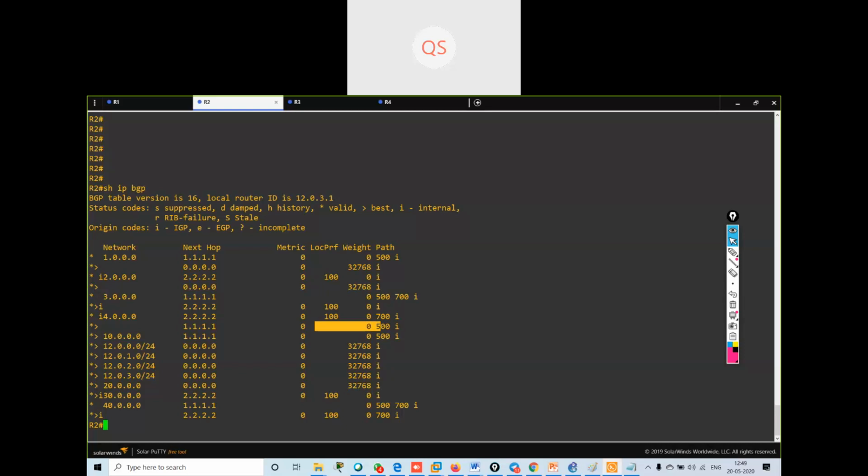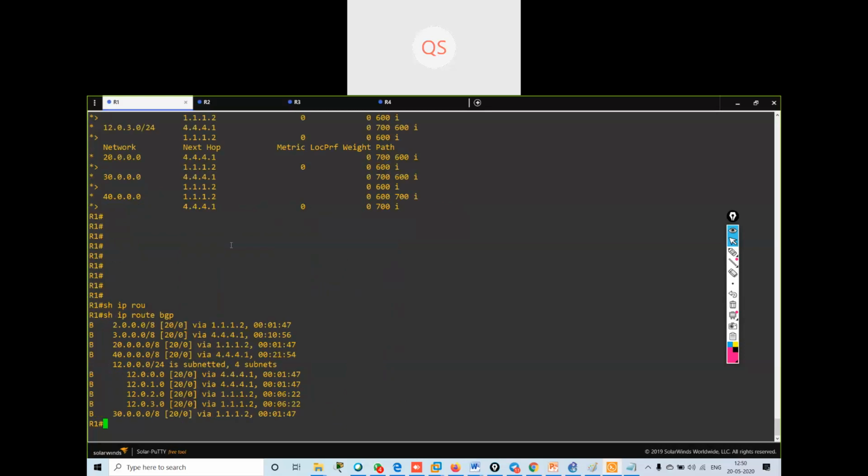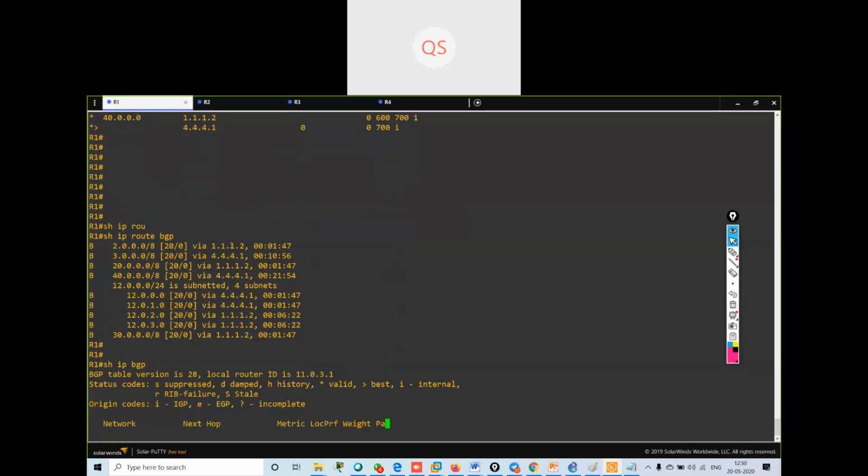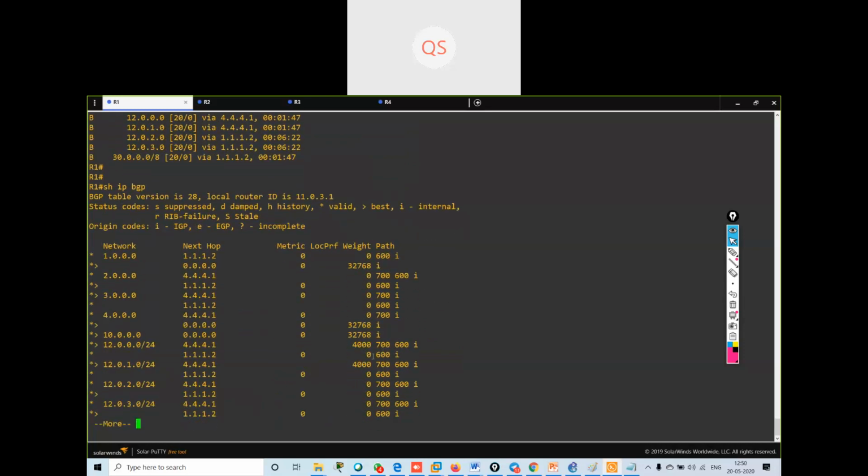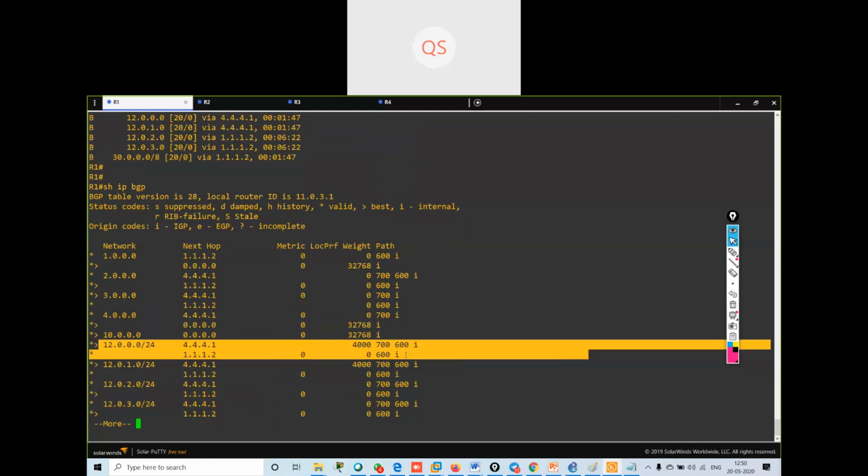Over here I'm getting this in BGP, but I'm running a single router. I have a single router.